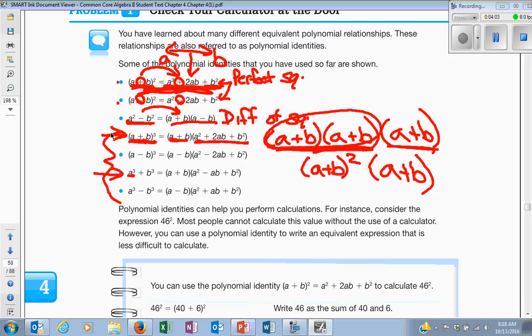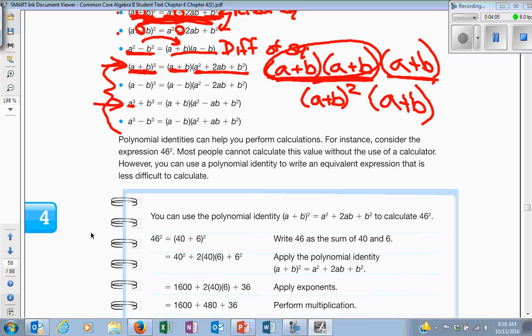Now, same thing for this one. Except now I have the subtraction sign, so I need to notice where my subtraction signs pop up. Now, why is this one totally different? Because it's not a plus b and that whole thing cubed. I don't have 3 bubbles like this. When I have this,